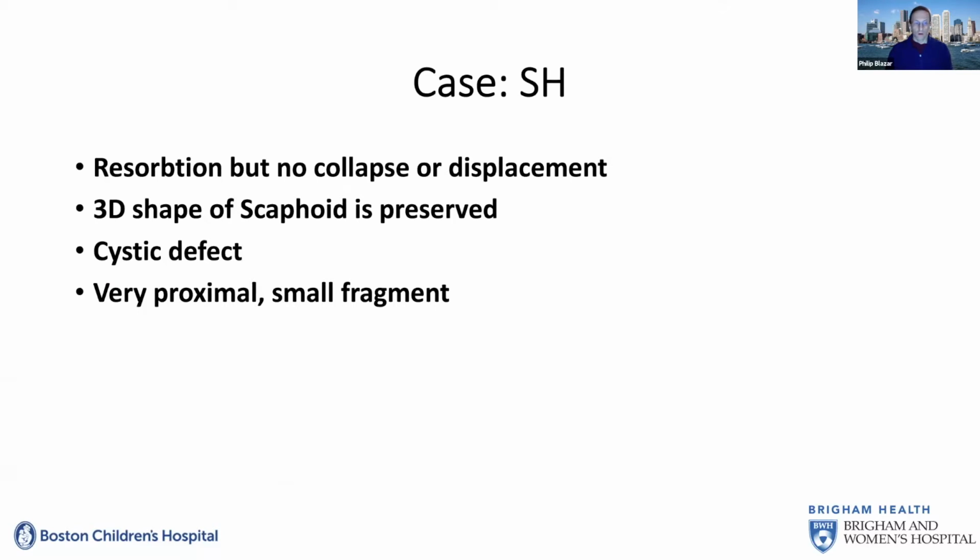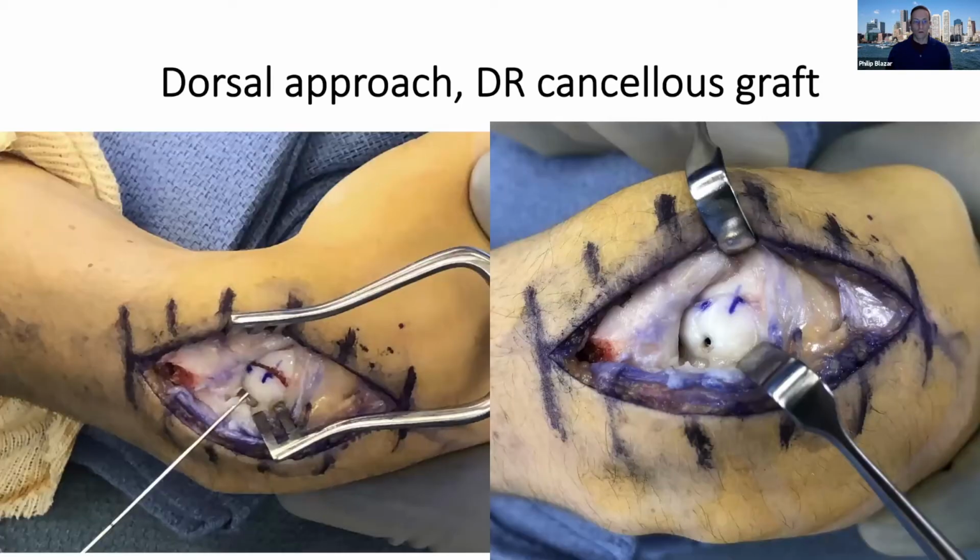The other interesting part of this case is it's a quite proximal, really quite small fragment. And so I elected to address this with a dorsal approach. The non-union was opened up and curetted out to address that cystic resorbed area. And then a cancellous graft was taken from the area of Lister's tubercle. You can see the markings on the scaphoid that we made because the